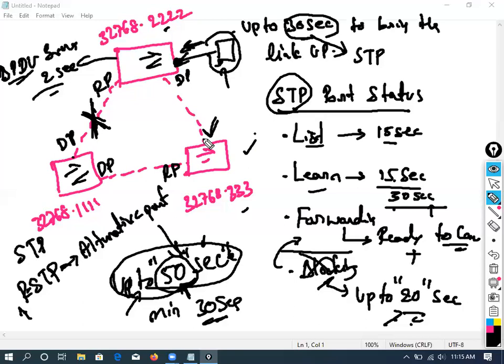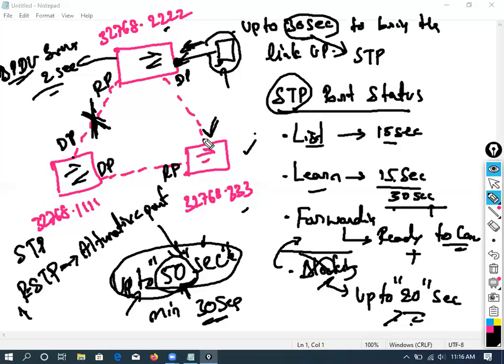Alternative port. So in RSTP, the root switch and everything else will not change. That is common, that will be the same. That's why I told you STP is safe. In your new CCNA syllabus, they have removed the STP topic, it is RSTP only. But if you want to understand RSTP, you should know STP as well, because in all the organizations we still have STP.